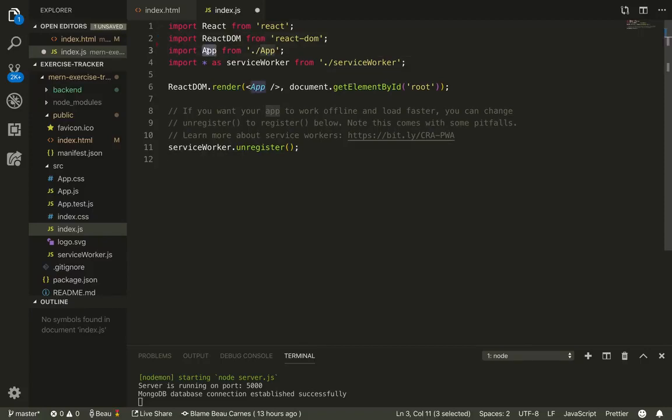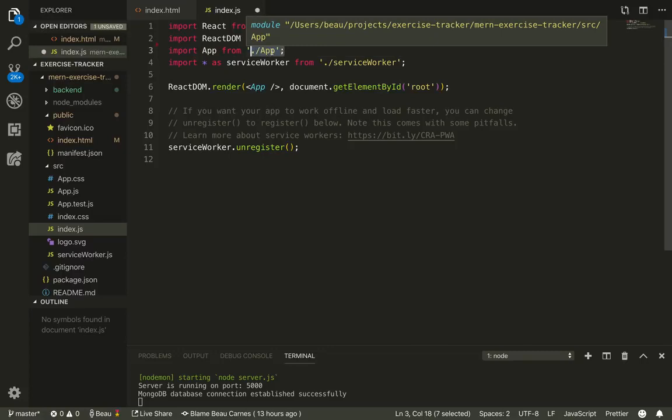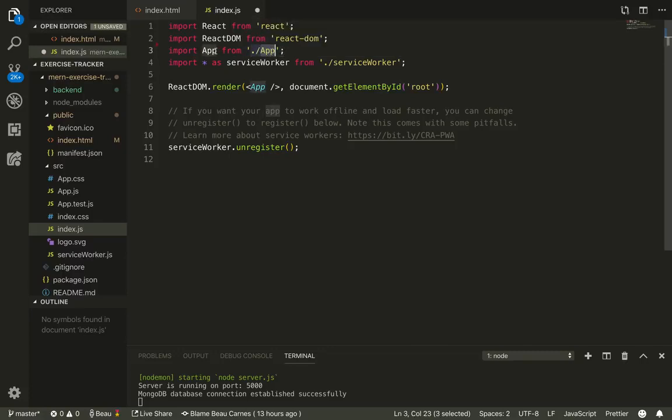Importing app, this is where we're actually going to create our file. This is basically the starting point where, within the app.js, we import it here, and that's where we're gonna create our front-end React app. And you can see down here, this is the main thing that renders our app. React DOM.render, it's going to render our app, which is what we're going to be working on next, and it's going to put it here,